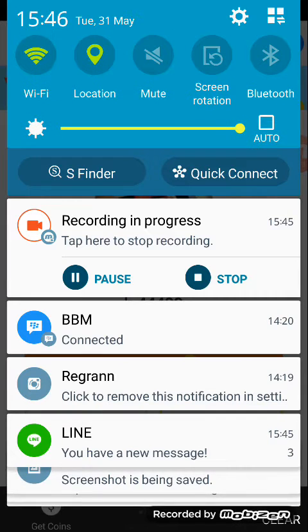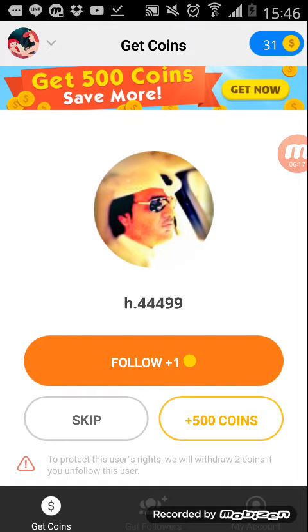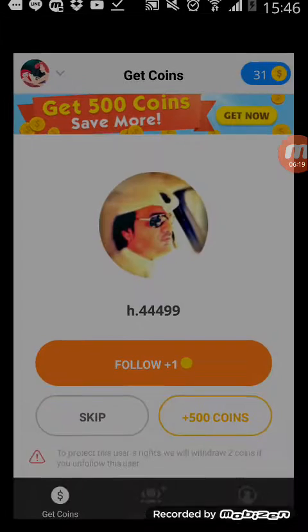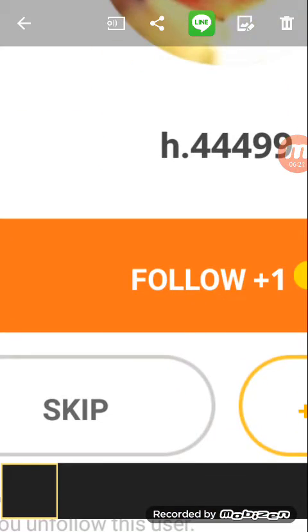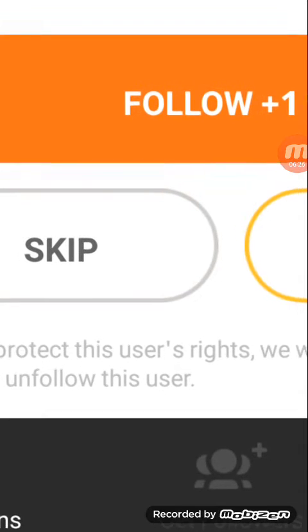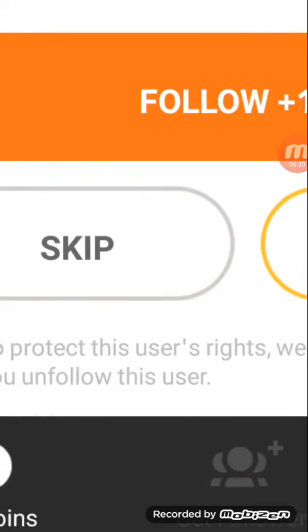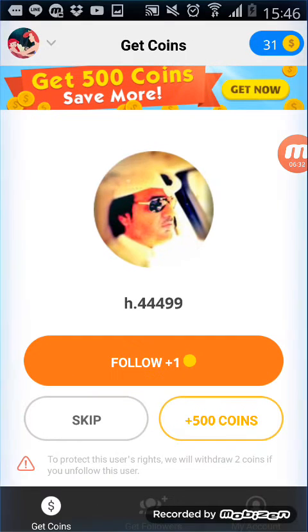Okay, and I can zoom it. You can see this: to protect the user's rights, we will withdraw 2 coins if you unfollow this user. That's why you cannot unfollow the user.